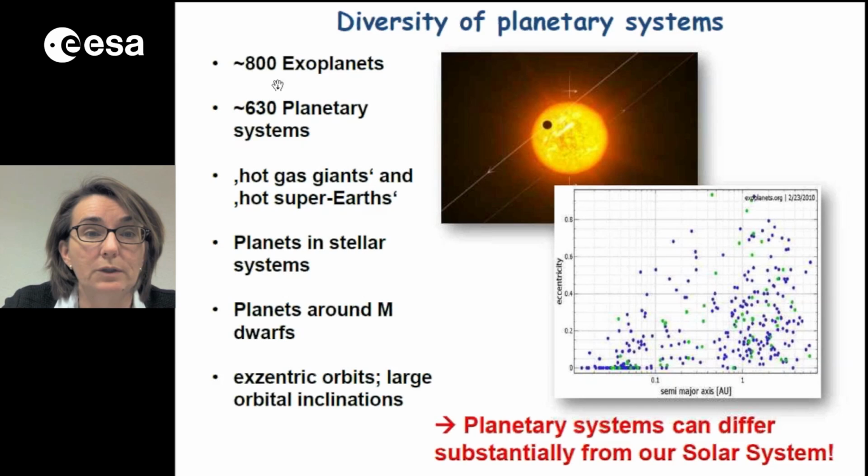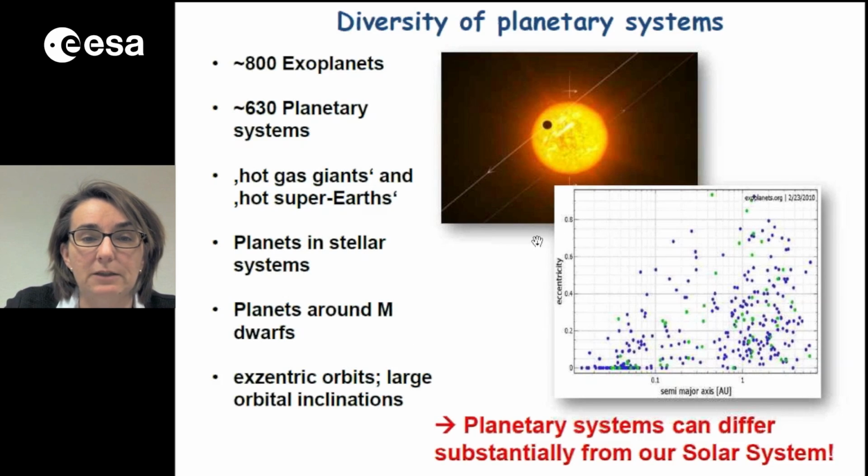This is just wrapping up where we are. We have about 800 extrasolar planets, many planetary systems. We have hot gas giants, hot super-Earths. We find planets around different types of stars, in particular M dwarfs. We find them on eccentric orbits, large orbital inclinations, but Eva talked about planet architectures, so I don't want to